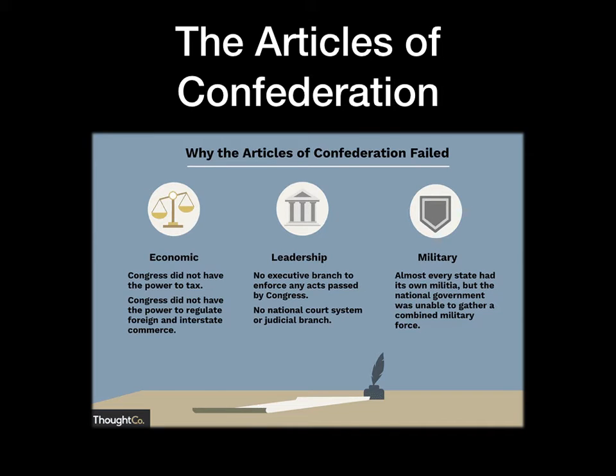Also, we had no executive branch under the Articles of Confederation. So we had the legislative branch that could make laws, but we had nobody to enforce those laws. So a lot of the laws passed by the early Congress under the Articles of Confederation really went unenforced. They pretty much just passed these laws. People necessarily didn't have to abide by them because, again, there's no executive branch to enforce those laws. And there was also no judicial branch, so there was nobody to interpret the Constitution. There was really not many checks on power that we'll see that the Founding Fathers put in the Constitution later on.